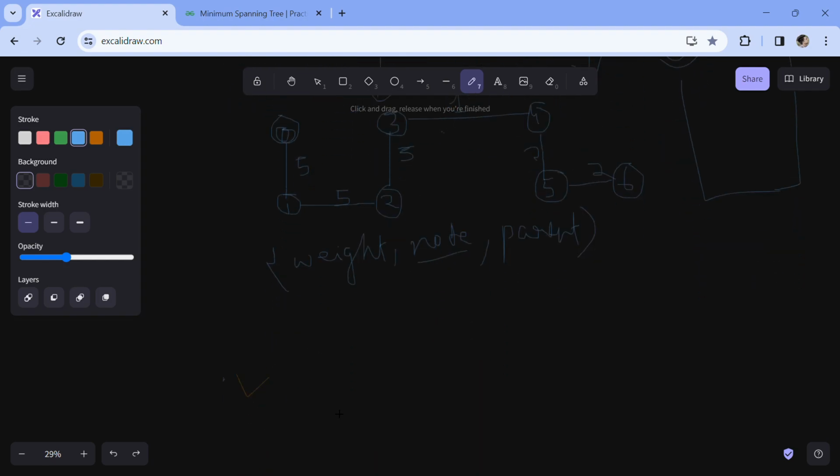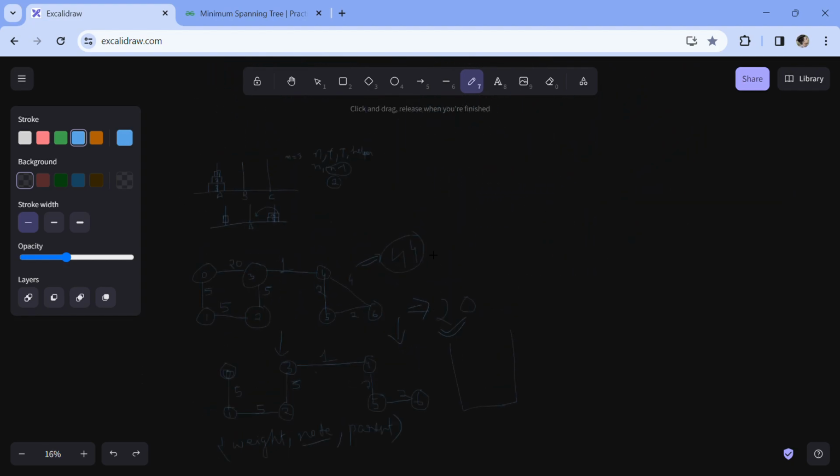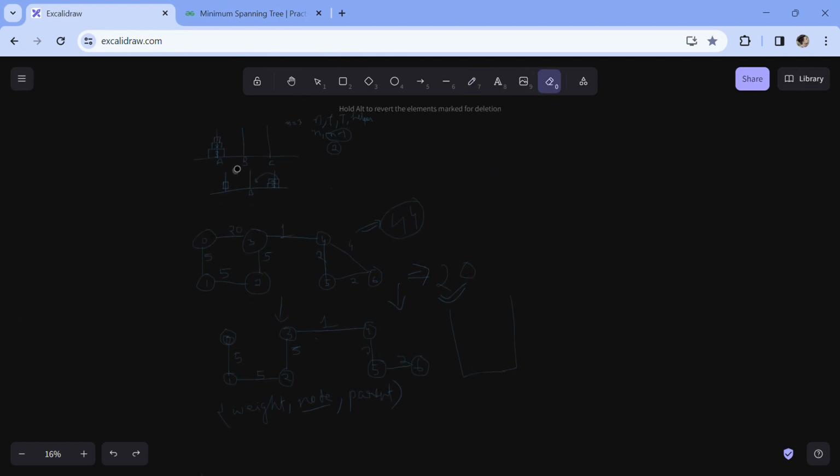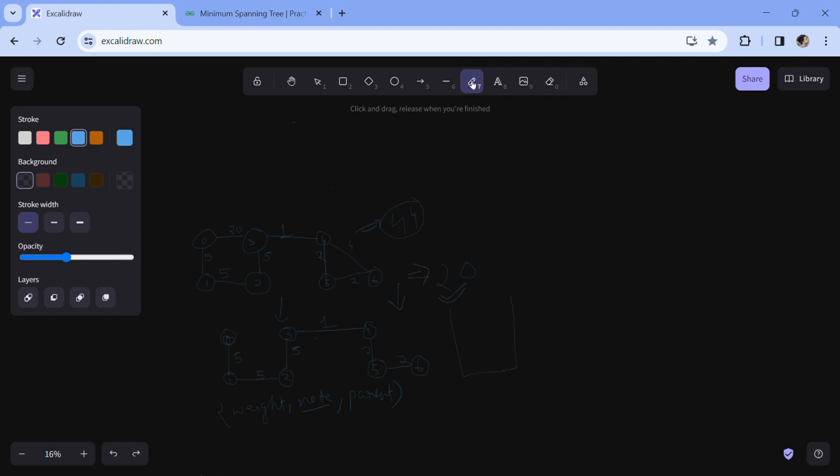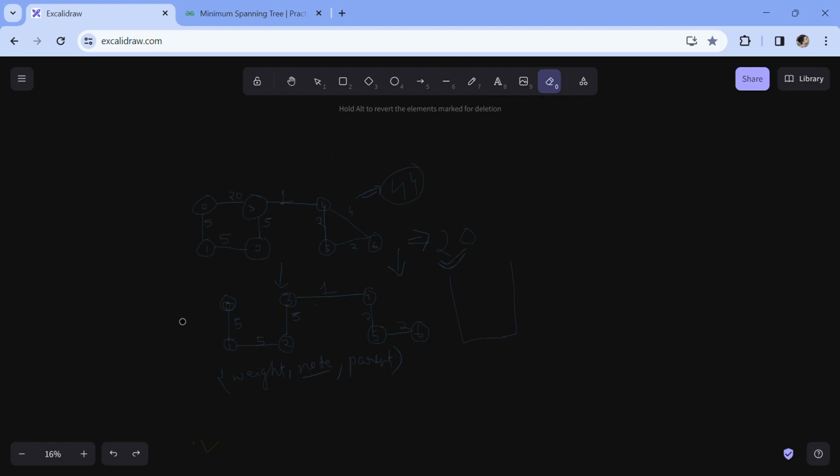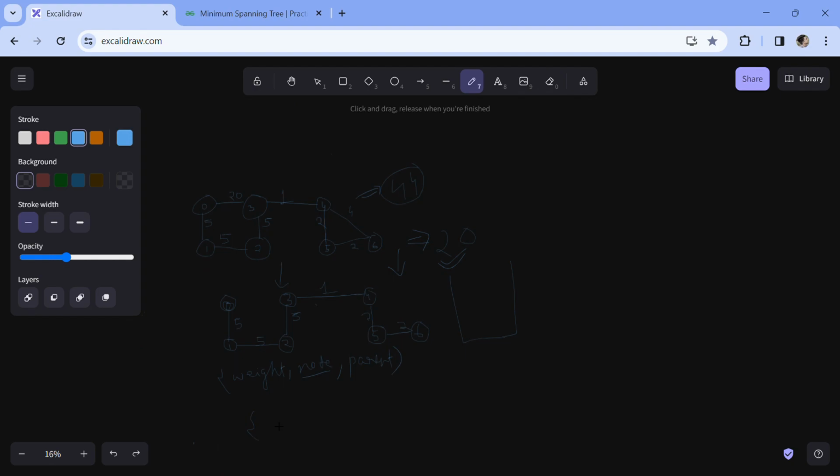So let us dry run with this given example. In the first iteration, what will we do? We can start from any node, so we will start from the zeroth node. First of all, we will simply push 0 as weight, because from 0 to 0 the edge weight will be 0, and we have node 0,